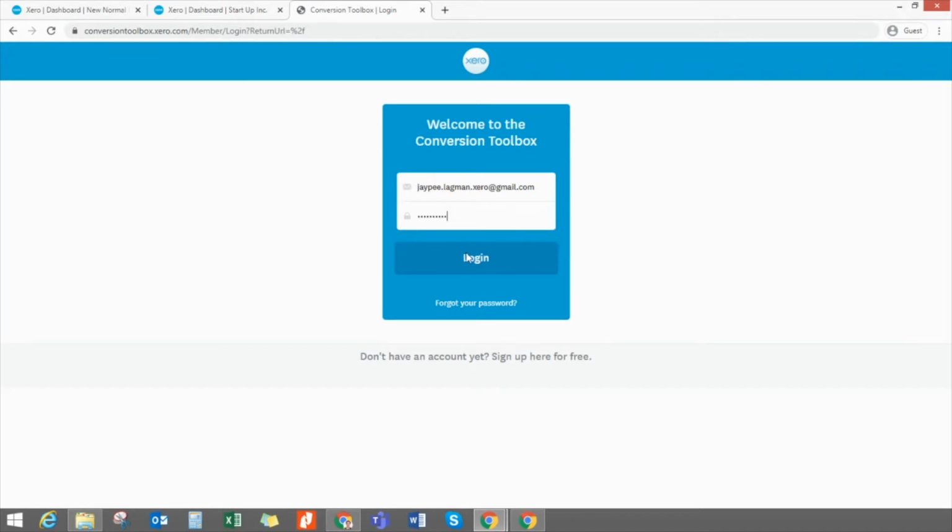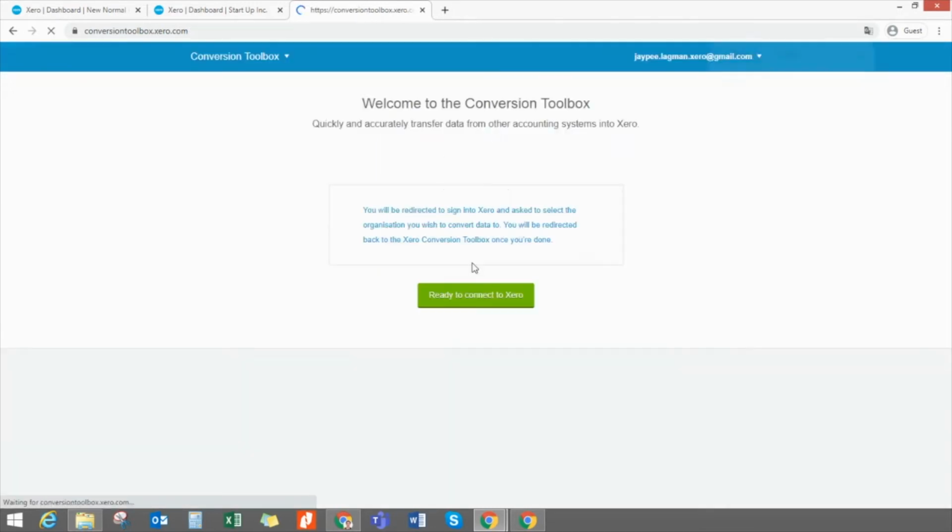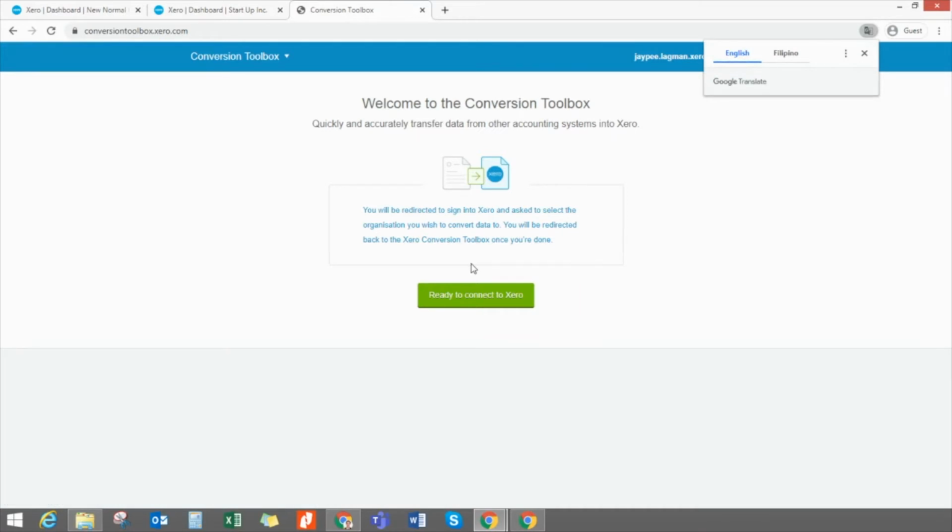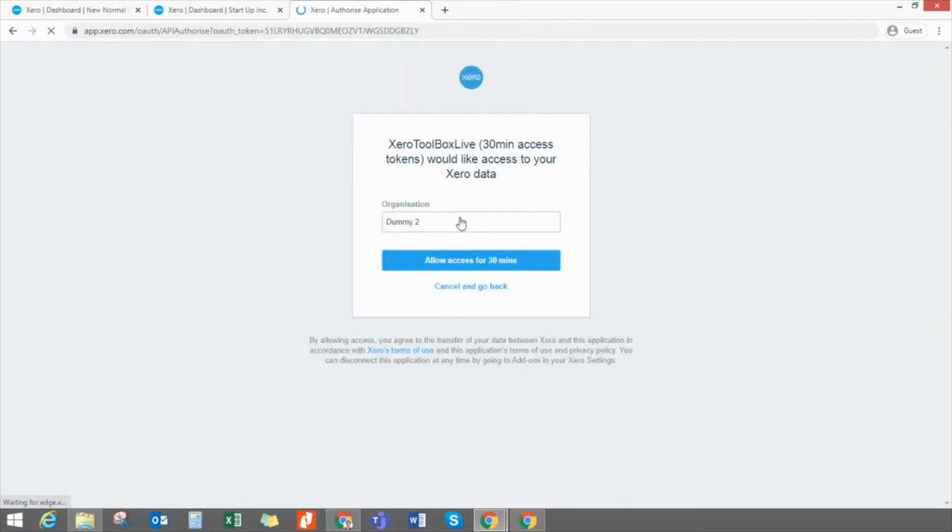Here I'll just click login since I have already created my account, and once I sign in, I just need to connect it to my Xero account in order to select the particular organization